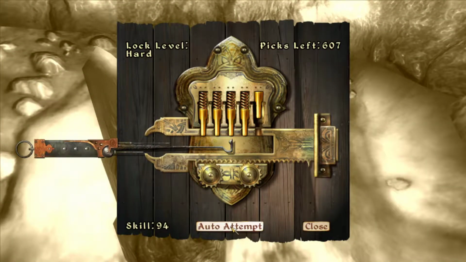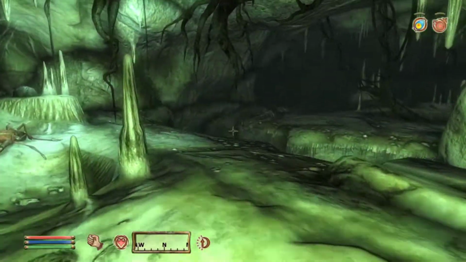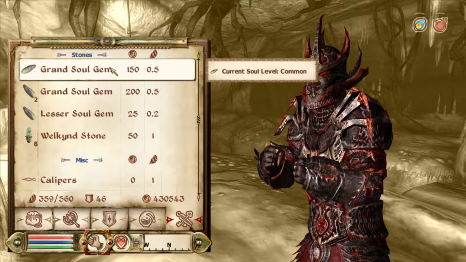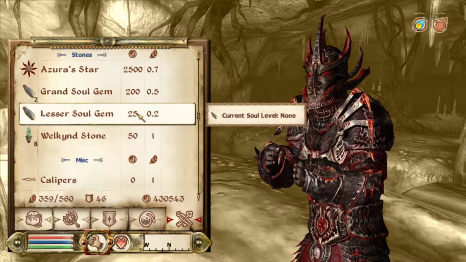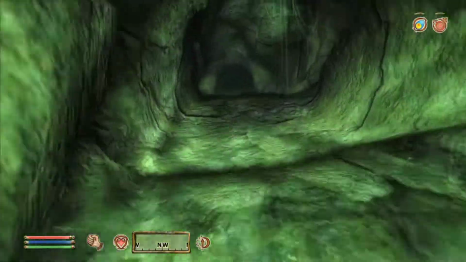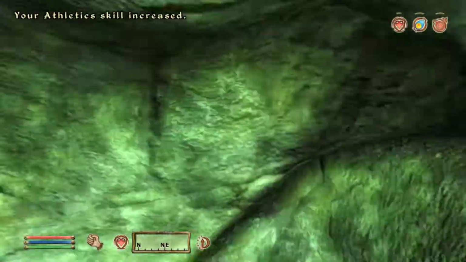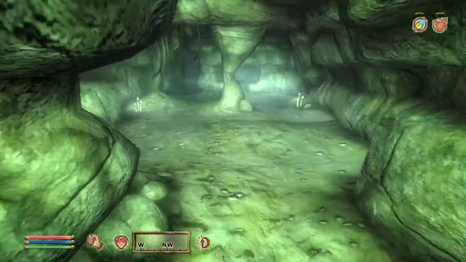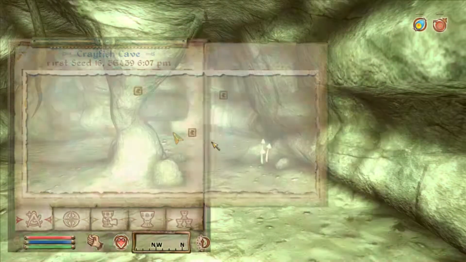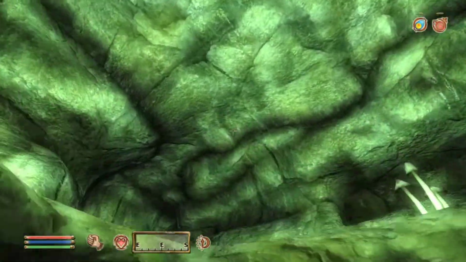It has a hard lock on it. Grand Soul Gem with a common soul in it. That's a disappointment. You're a disappointment to all Grand Soul Gems around you, near you, and that you will ever encounter in the future in the Soul Cairn. Ow. Alright. My athletic skill increased. That's good. It's at 73 now, I believe. And from this point, there should be...